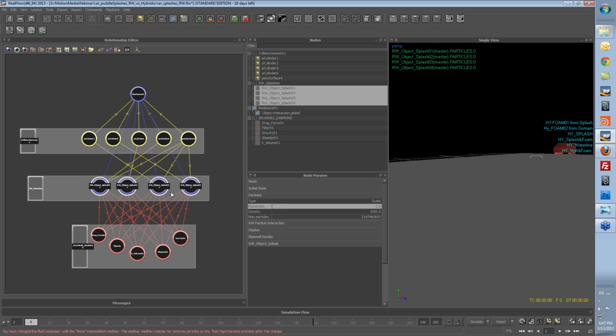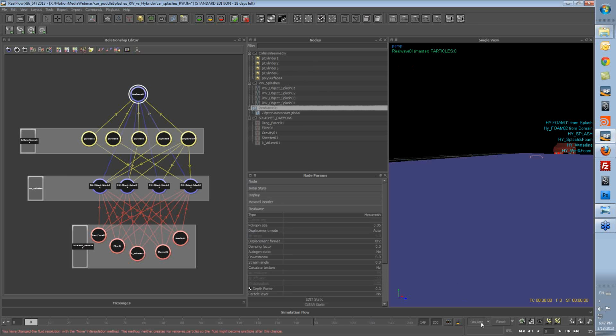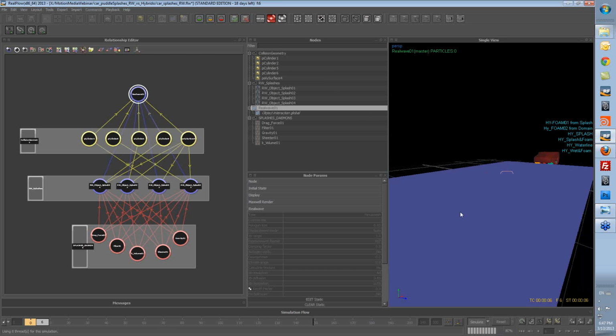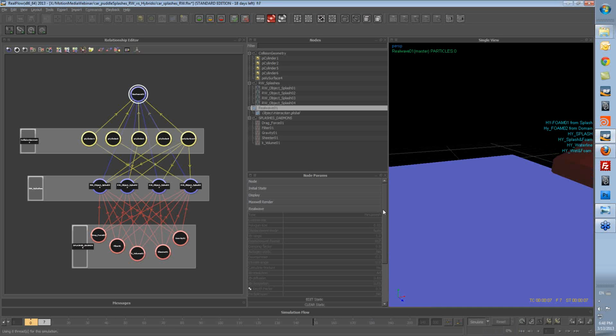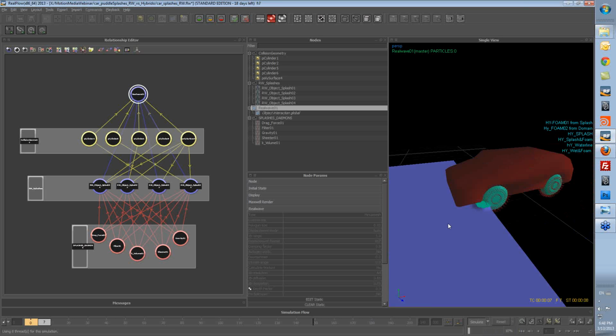And just set this to 1 in resolution for all of them. And that should do it. RealWave. Okay, let's see if this doesn't take too long to simulate. At least you will be able to see some of the splashes, and you're already seeing them here, like as soon as the wheels interact